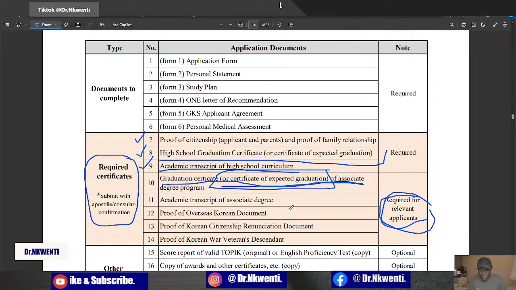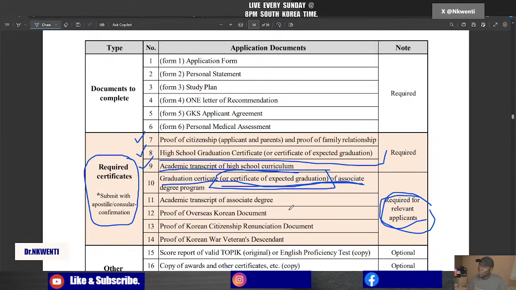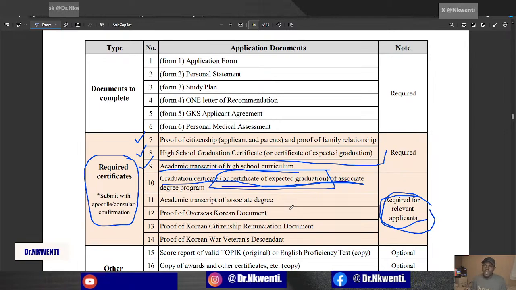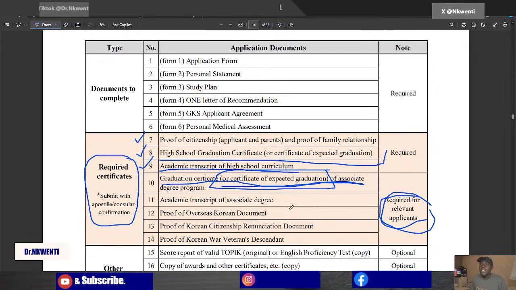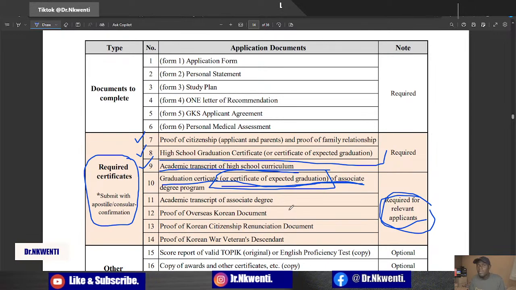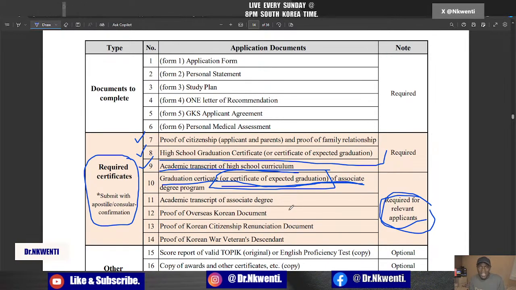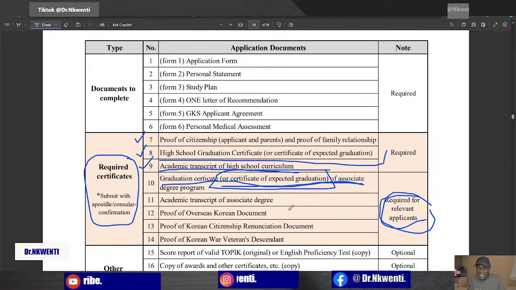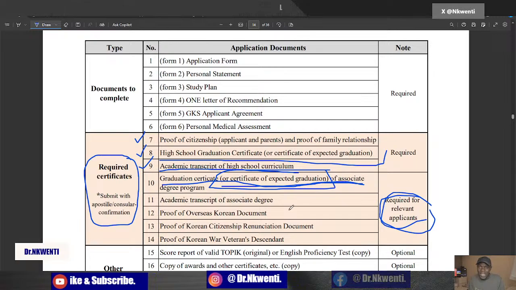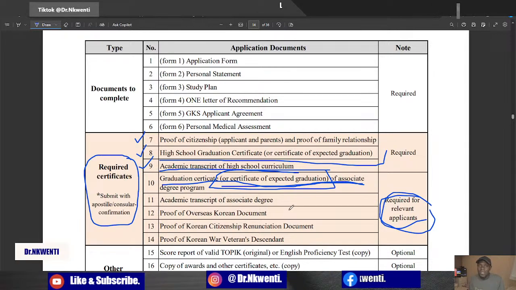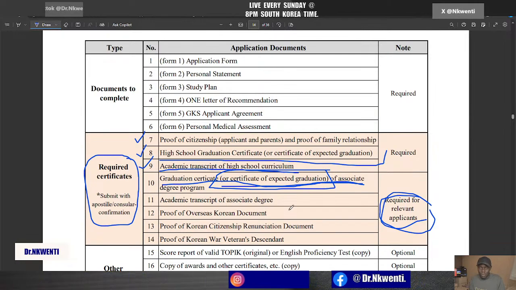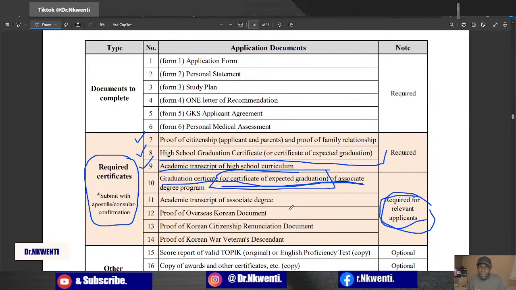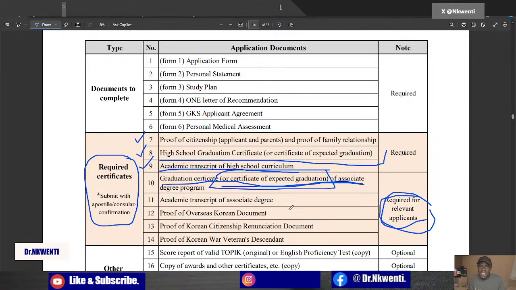So don't get confused. You can provide the diploma as an addition. It can be an addition, especially if the grades are really good. It might help you, but that is not what they want. Truly, that is not what they want. What they want is your high school transcripts and your graduation certificate for you to do a bachelor's degree under the Global Korean Government Scholarship, or GKS, GKSU